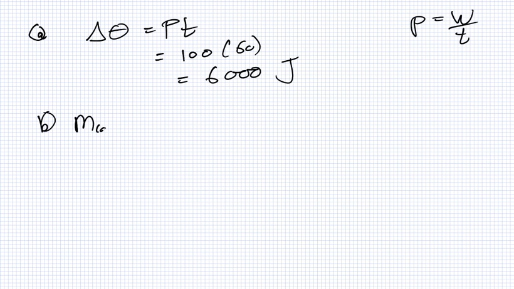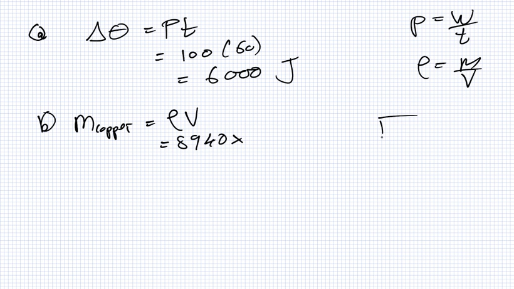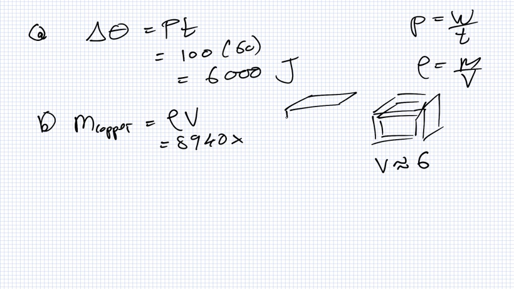So the mass of the copper, remember density is mass over volume, so mass is density by volume, which is 8940 by, and we're told the box has the copper around it, and it's 1 centimeter thick. So roughly the volume is roughly 6 of these cuboids. Now it's not exactly this, close enough it'll be fine, it's roughly this, where it's 1 centimeter,